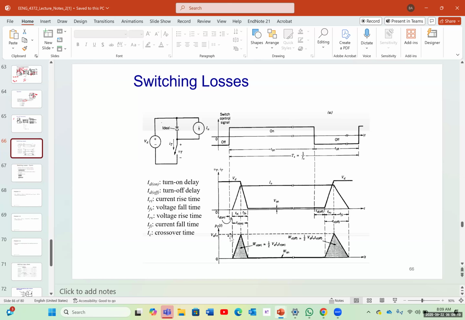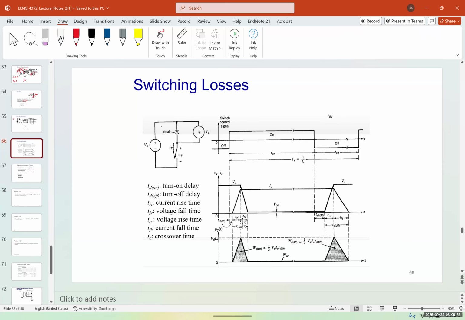And as mentioned in the previous class as well, most of the loss in a switch occurs in the switching time. Obviously, we have leakage current and forward bias voltage, which is a drop in the voltage when we turn on the switch. But the majority of loss, as you can see here, is during the switching itself. So when you turn off a switch,